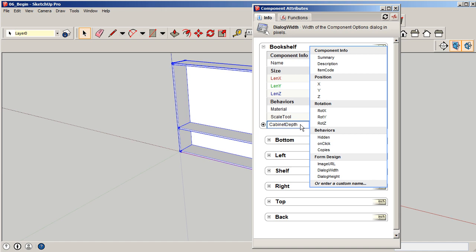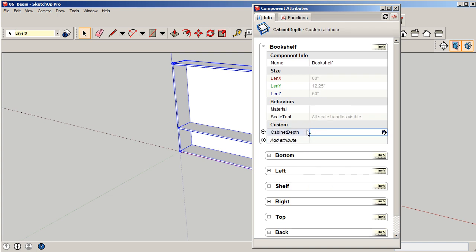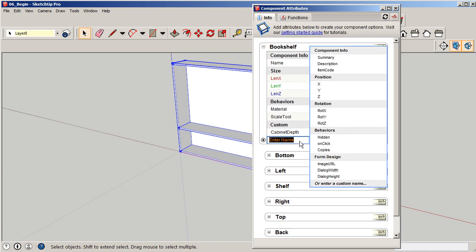Again, it's really important that you note it that way, because as we work with formulas, we'll be referencing this exact title. So go ahead and hit tab, and tab will let us accept it. Again, we'll add the formulas and all that information a little bit later. I just want to get all our geometry loaded up. So again, add another attribute, and this one's going to be our custom cabinet height. Exactly how we did there, we're going to say